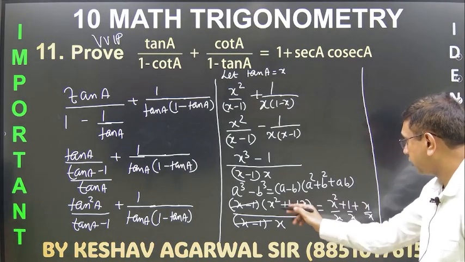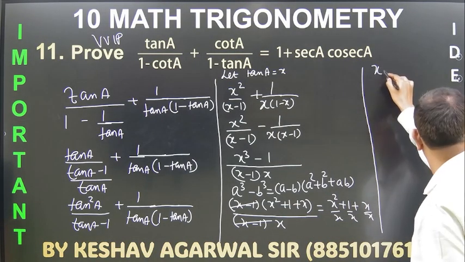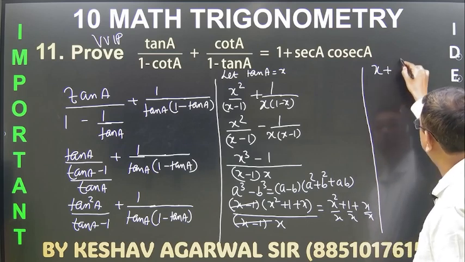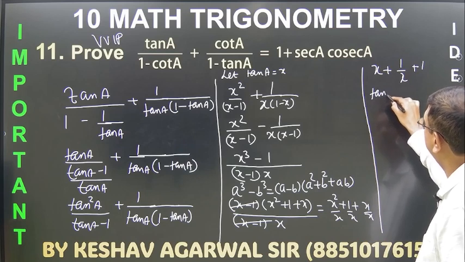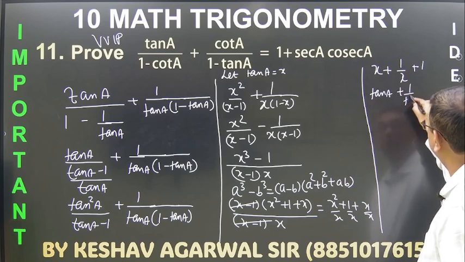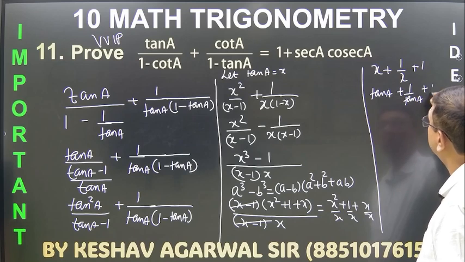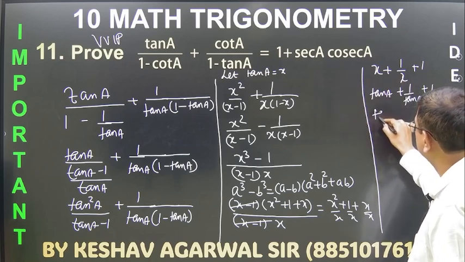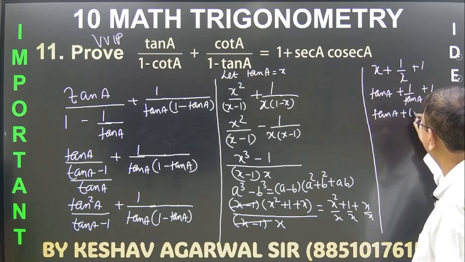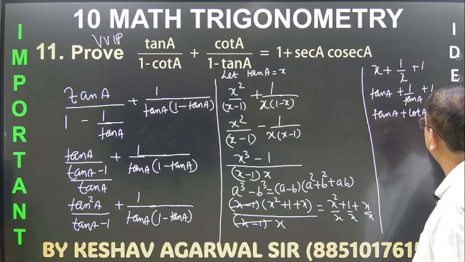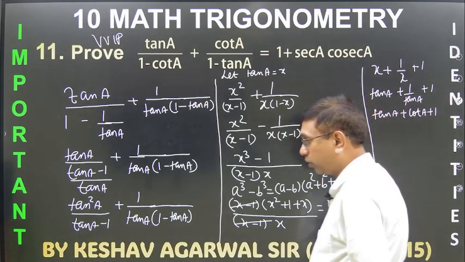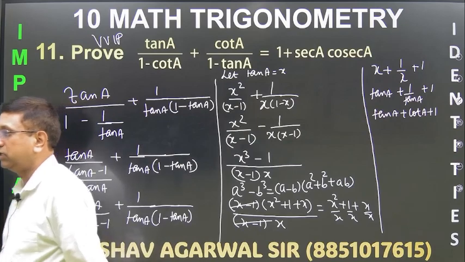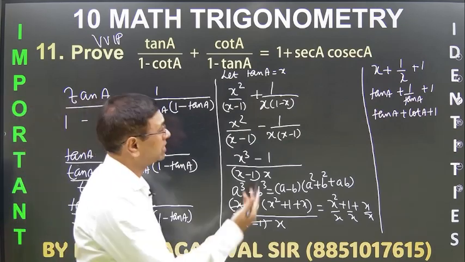I've separated it upon x, so I'm going to get x, 1 by x, and 1. Now let us see what x is: tan a plus 1 by tan a plus 1. First I'll tell you, this question usually comes in this form: prove tan a plus cot a plus 1. But now they have converted this to sine and cos, so we will go ahead and do the same because we have to reach that answer.